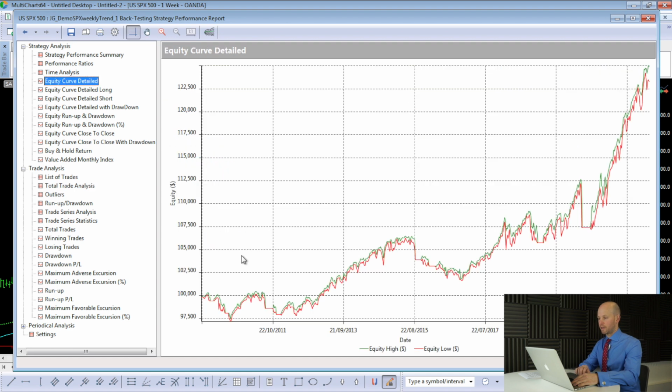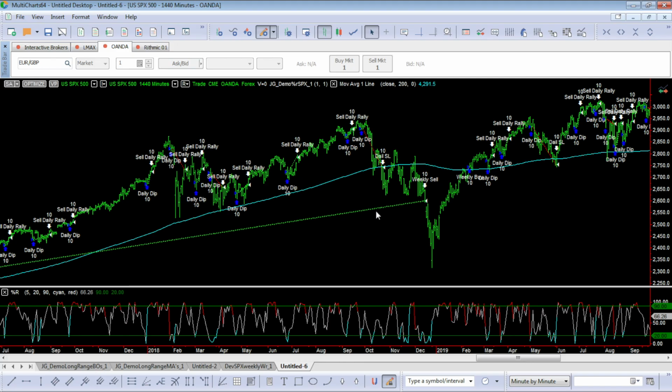And that's what the equity curve looks like. Again, it's a similar picture to what the daily strategy was, very strong recently. And in this workspace, what I've done is I've combined both the signals. So I know it looks a bit messy on this chart, but if we look at this dotted line here,